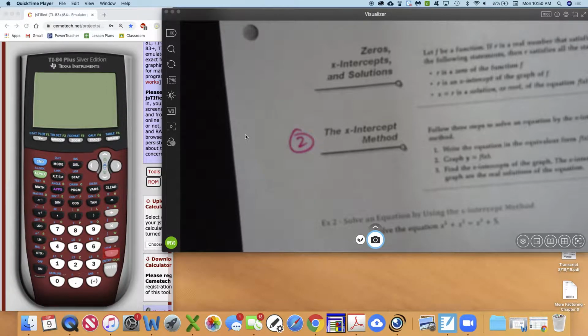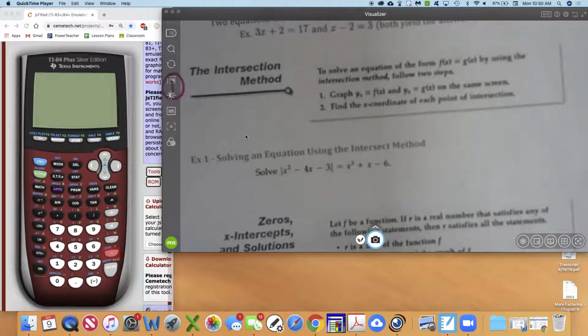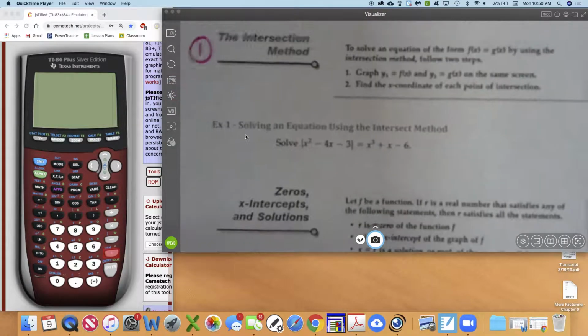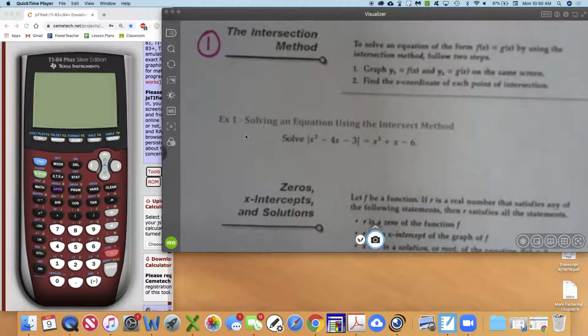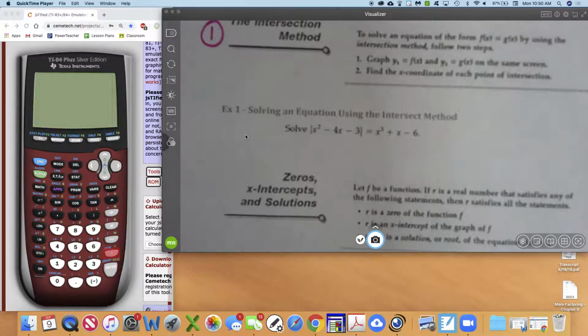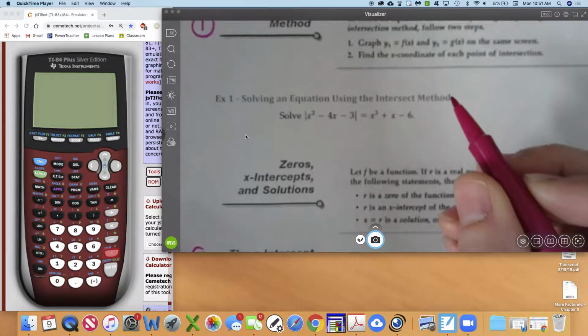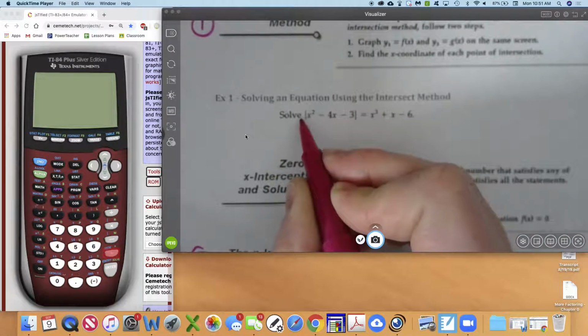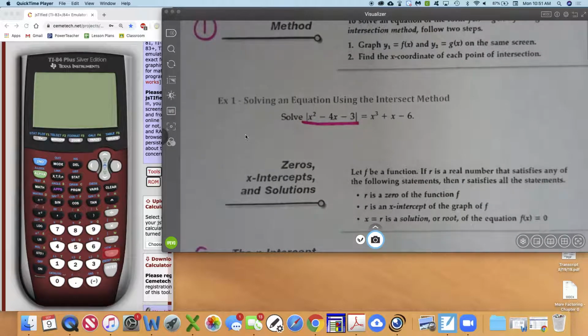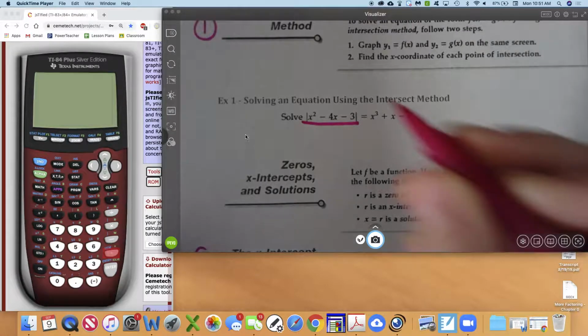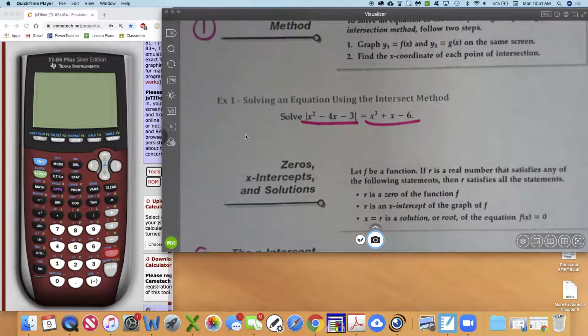Okay, so the intersection method, here is how you do this. On your calculator, you are going to type in this side of the equation as one part, and this side of the equation as the other part. How to do the absolute value, we'll get to that. I'll show you how to do that, okay? You're going to type both of those in, and then graph them both on the same coordinate plane, and we are looking for